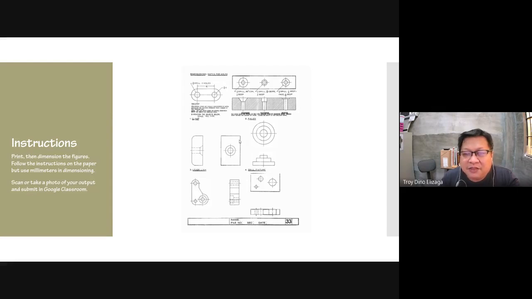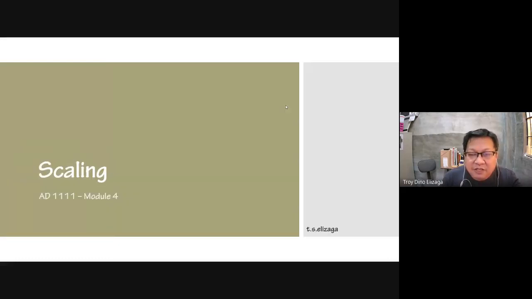Okay, so these exercises are not really very appropriate for architects because, as you can see, it's more of mechanical drawings. But your exam will definitely be architectural. Anyway, the same principle applies. Let's go directly